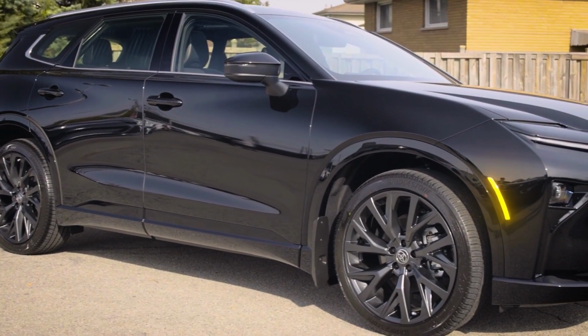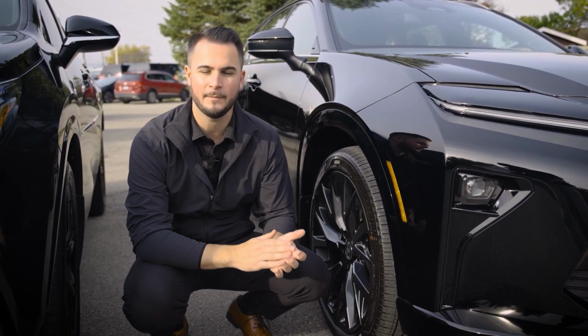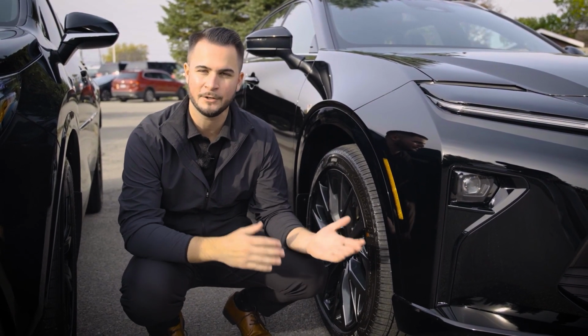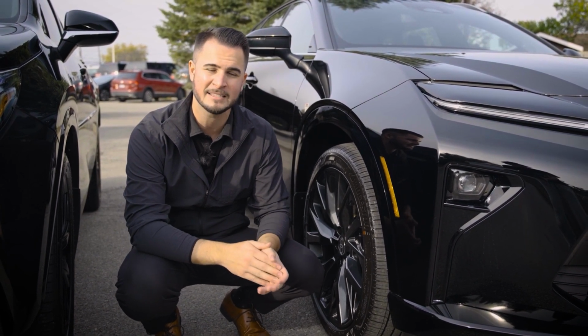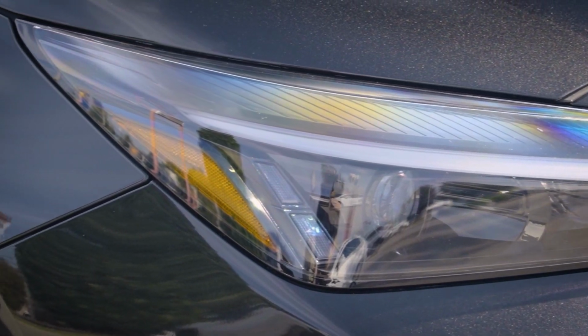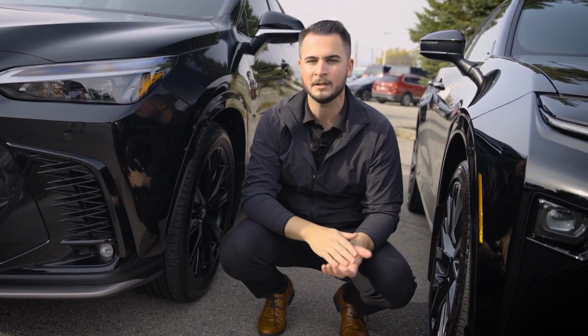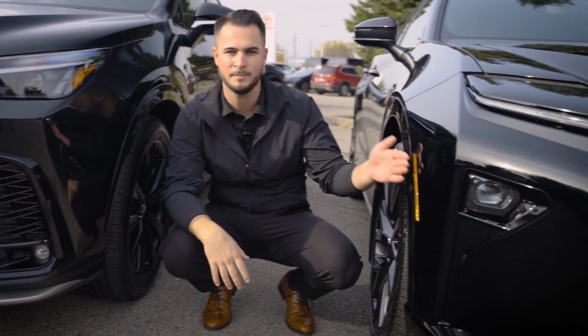It's going to be this little orange light. Now, I know on our roads in Canada, this is something that manufacturers have to do, so it's a clear side marker if this vehicle is on the road in the nighttime. I completely understand that, but I think Lexus's design to integrate this side marker in the front headlight definitely makes it look a little bit more well-rounded and not so much of an eyesore like this one is being right